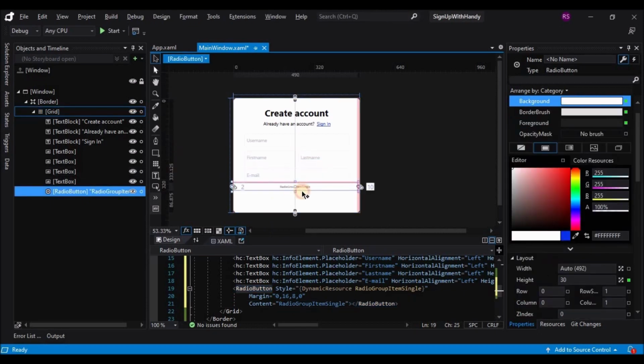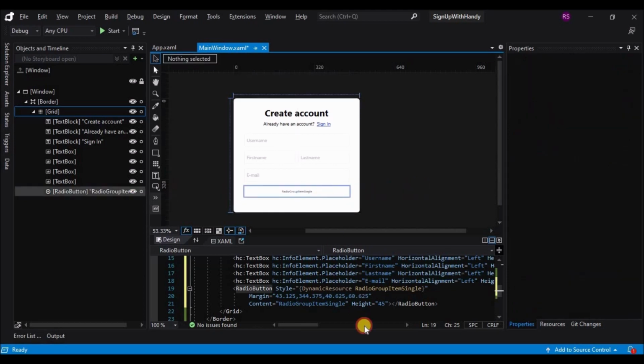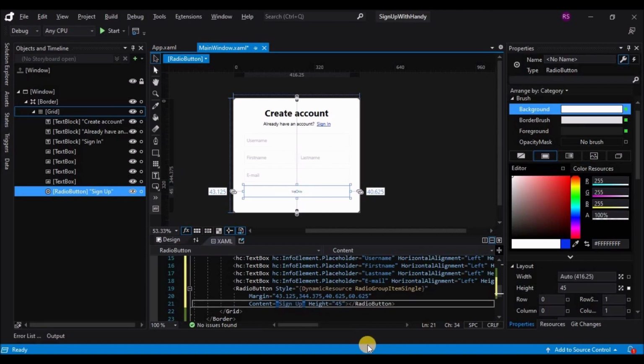I think this radio button won't work. It is mostly a stylized version of the regular radio button, and it will not have those properties. So let's see if it works.